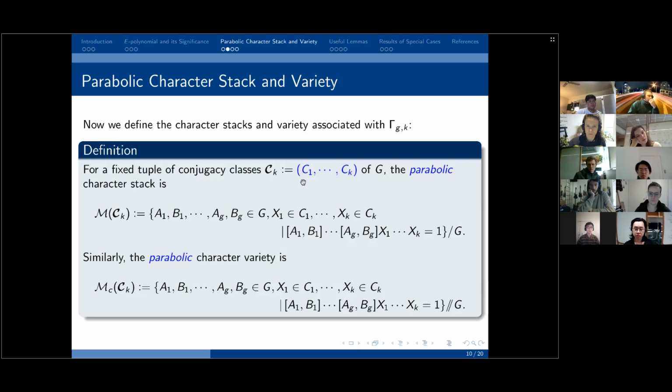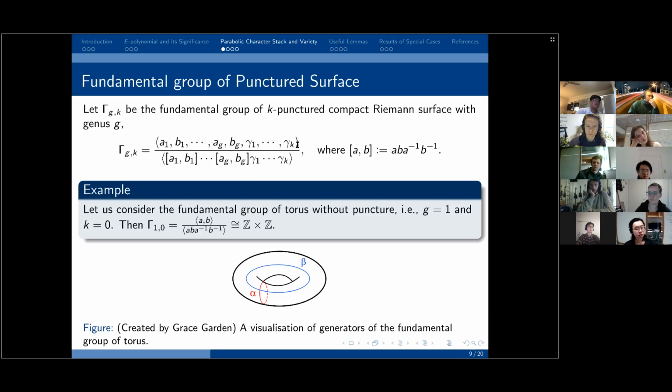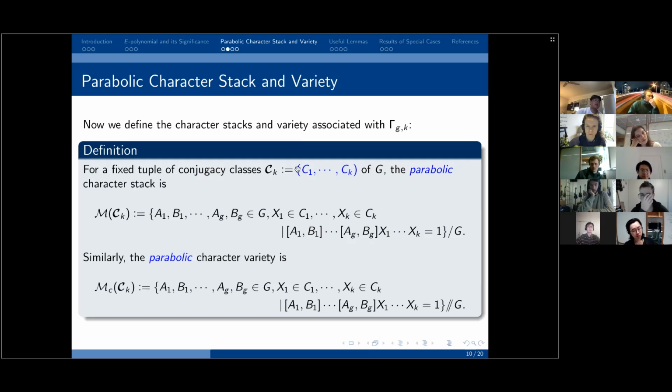X_1 to X_k go to an element in C_1 to C_k. So you can consider that gamma_1 to gamma_k go to some element from C_1 to C_k. So that is why I need the fundamental group to define these character stacks and varieties. And before I state my result,